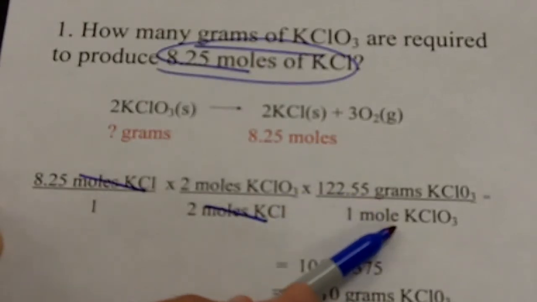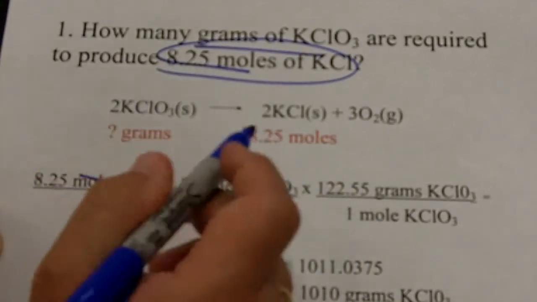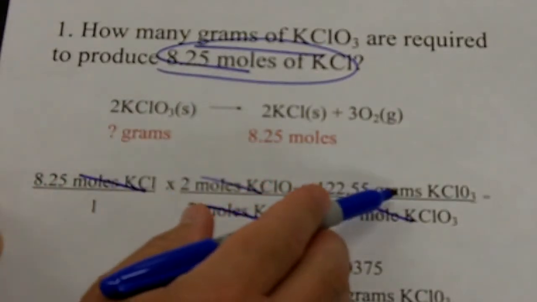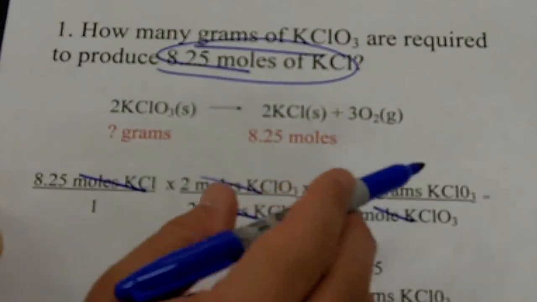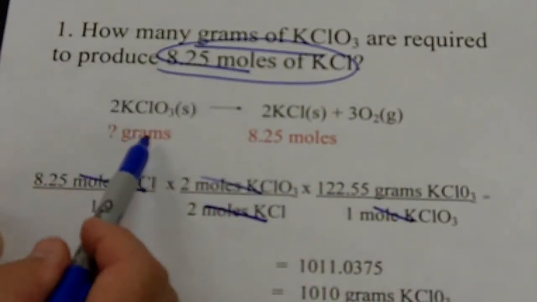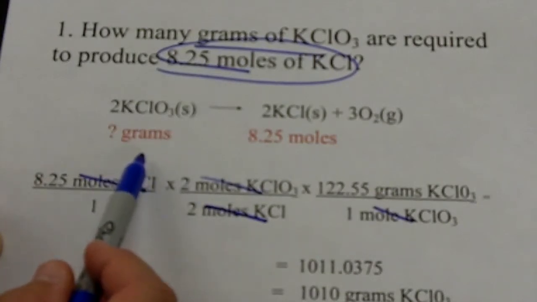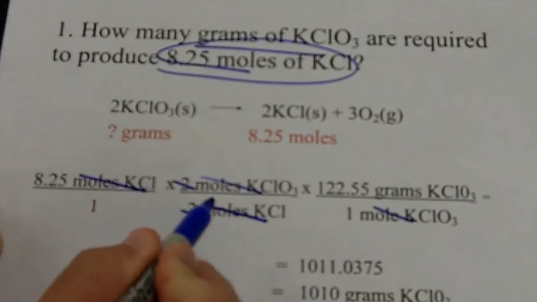grams. So 1 mole of potassium chlorate weighs 122.55 grams. I'll cancel this unit with this unit, and I'm left with grams of potassium chloride. I'll ask myself the question, is that what I'm looking for? And the answer is yes, absolutely. I'm looking for grams of potassium chloride. I'll look back here, and I can see that's what I'm looking for. So I'm done. Now, there's no need to deal with the 2 and the 2, as we've said before, because